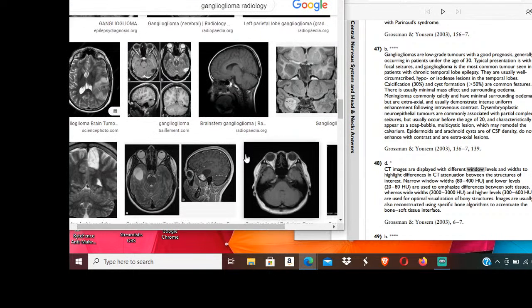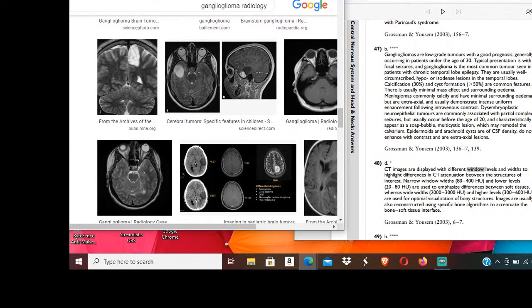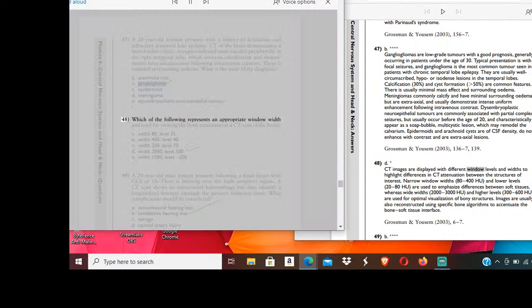Ganglioglioma. C. Epidermoid. D. Meningioma. E. Dysembryoplastic neuroepithelial tumor. 48. Which of the following represents an appropriate window width and level for viewing the bony structures on a CT scan